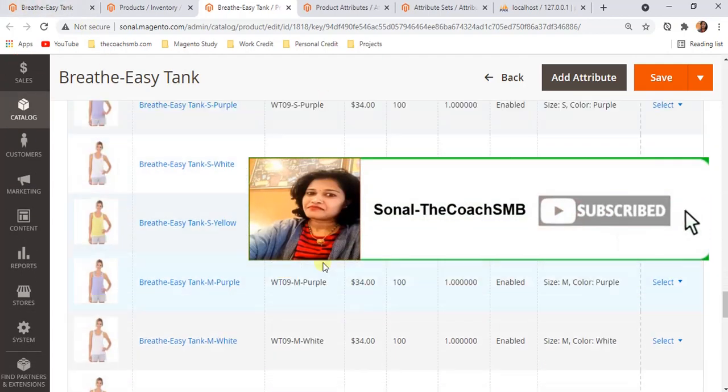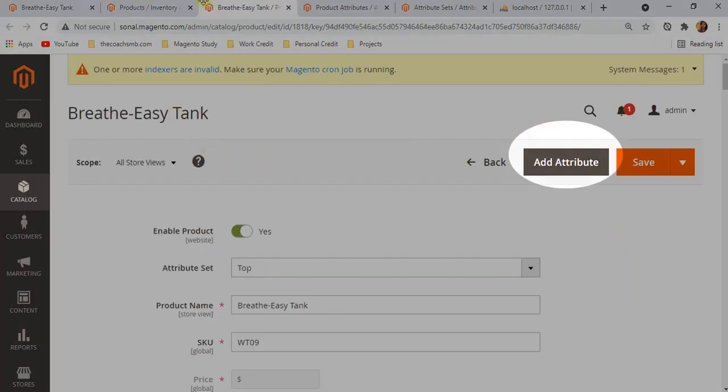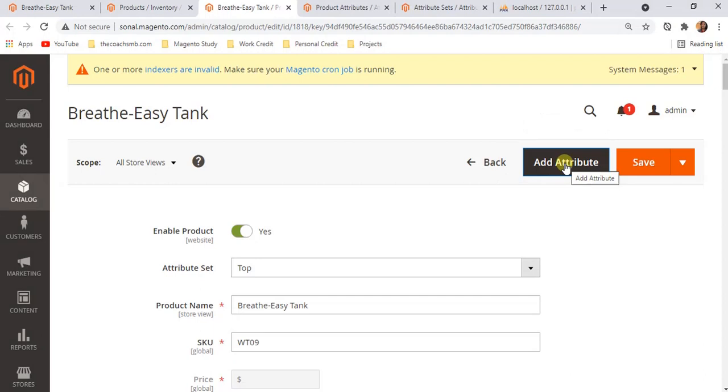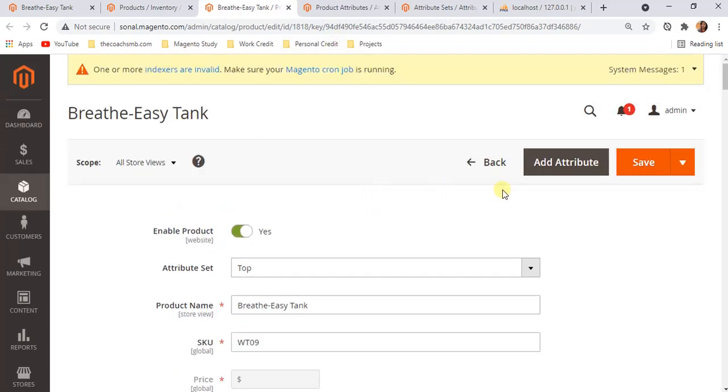So let's first create the attributes. For that, we can go to any of the products and then click on the add button. That will give us the option to create a characteristic for that product. A product has a name, some weight, some quantity in stock, and a price. And to uniquely identify products, we have SKUs, right? So let's first understand how to create an attribute.